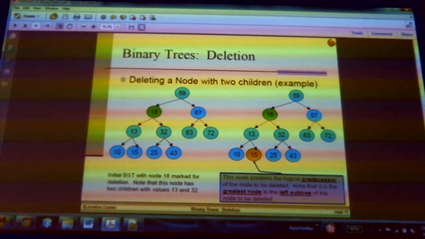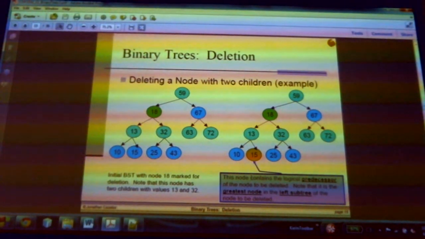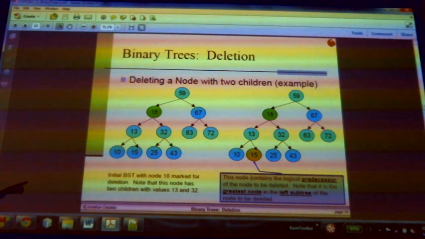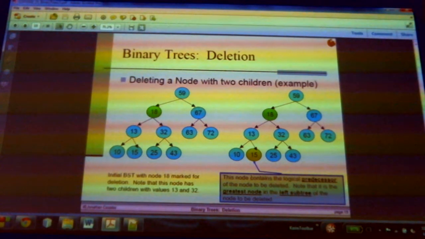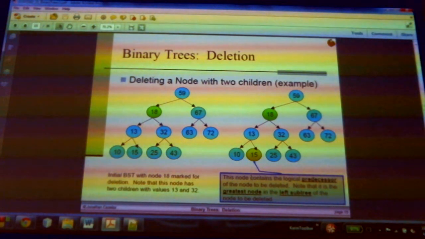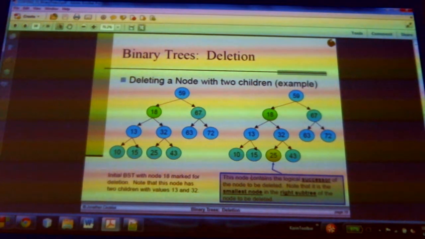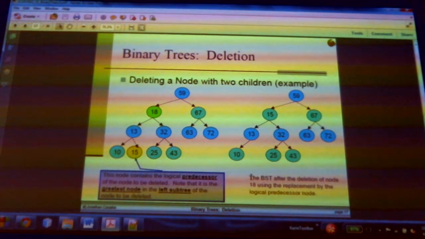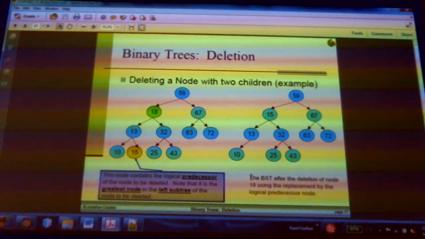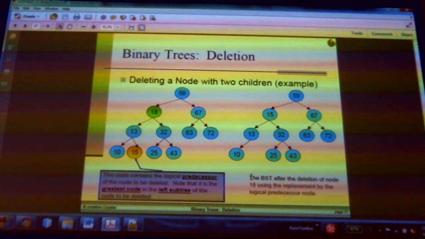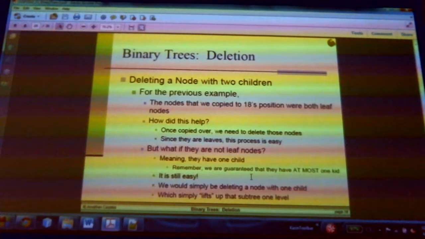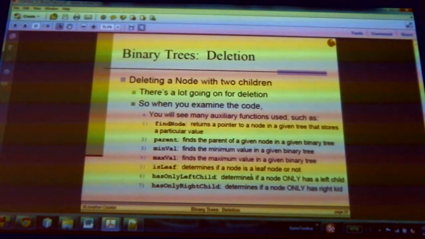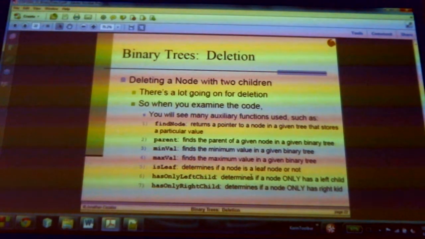So let's look at this. In our BST, 18 is the value we want to delete. So now we have to pick which one we want. In this example, we're going to go ahead and pick the value of 15. We do the evaluation of which one is greater than the left hand. So here, his largest value is 15, and his smallest value is 25. Then we go through the code, and we're going to try and determine what's going to happen. I have 20 after, so we will finish